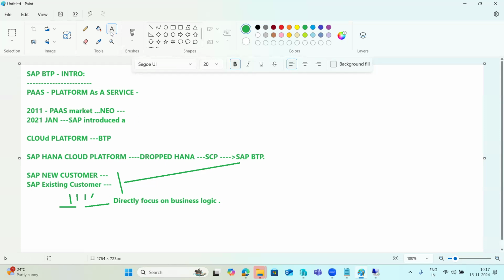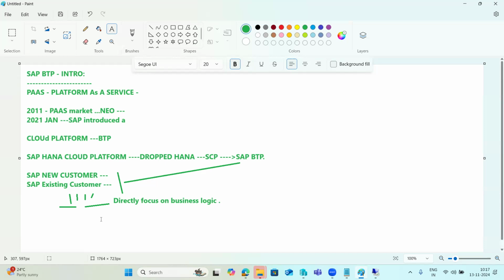So BTP is providing these, sir, that is fine. The introduction side, we are good. But what about the main things here? How can we access the BTP accounts? What topics will come? How can we access the BTP accounts and everything here, right? So to access the